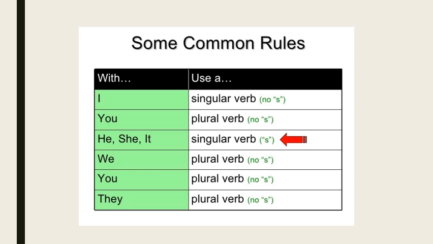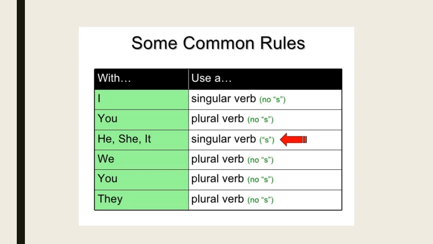First person singular is I, first person plural is we. Second person singular and plural are both you. Third person singular is he, she and it, and third person plural is they. When we look at the table, we find that all these pronouns, that is I, you, he, she, it, we, you and they, except the third person singular, all the other personal pronouns will be using the verbs without